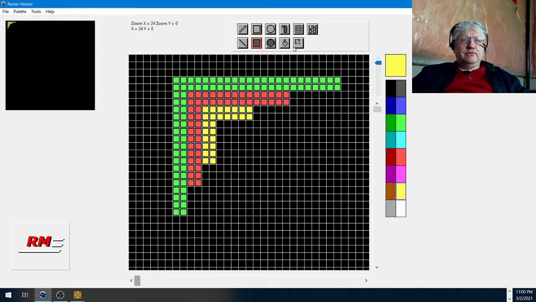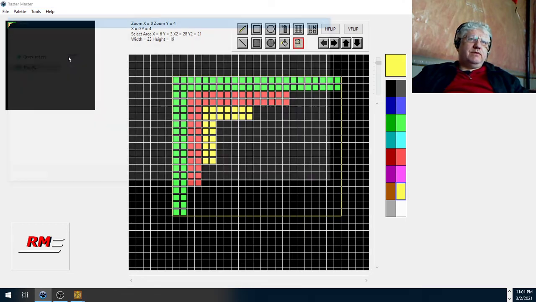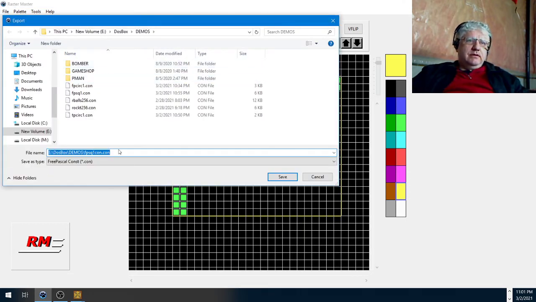It's just a random shape. It doesn't mean anything. And I'm going to clip this and file, export, Freepascal, and